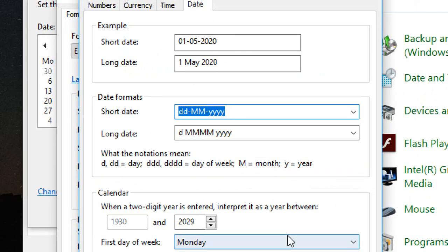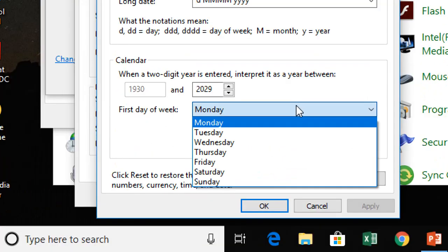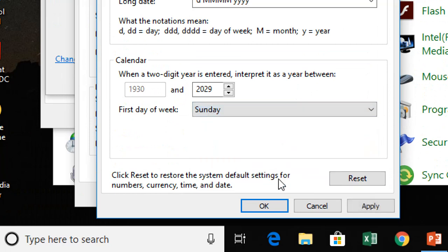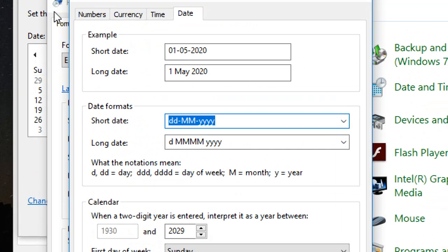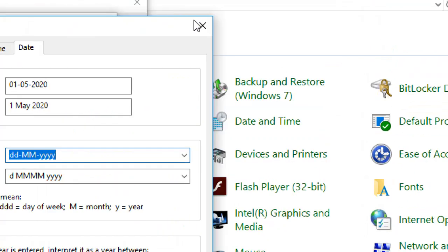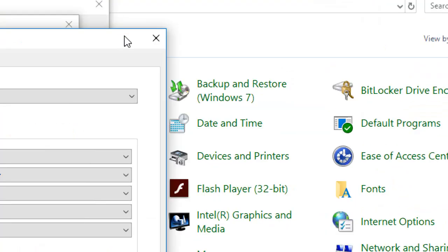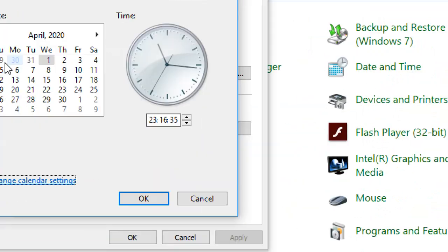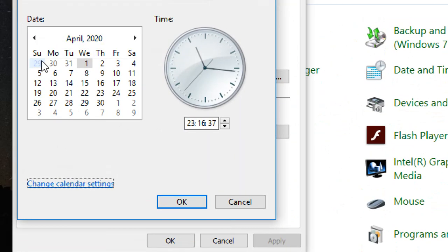Understood? If you keep Sunday here and click on apply, just see here, close it. Look at this, your calendar starts from which day? Sunday and ends on Saturday. Clear everyone?